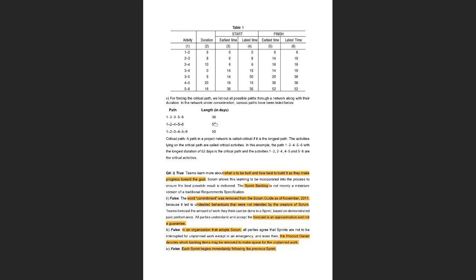Now, why is it called the critical path, the one that has the longest duration? It's called the critical path because it dictates the total project duration. If activities on the other paths are delayed for a few days, we have some float, some space. Even if one is delayed by, say, 5 days, it won't affect the overall duration of the project. But this path has the maximum duration, so if any of its activities are delayed, it will cause a delay or overtime in the project. Therefore this is known as the critical path.